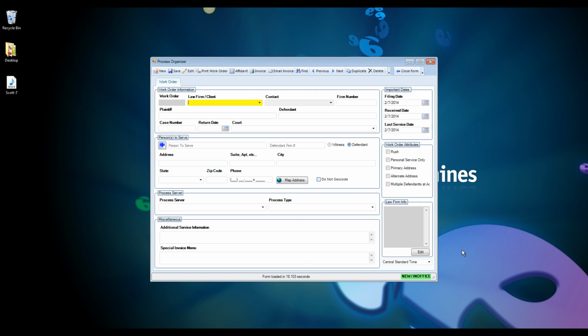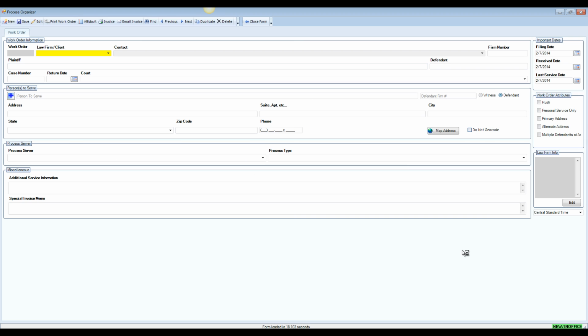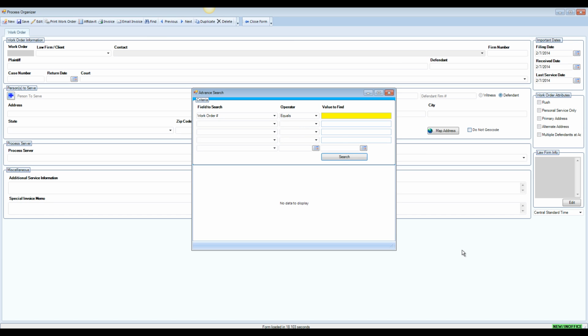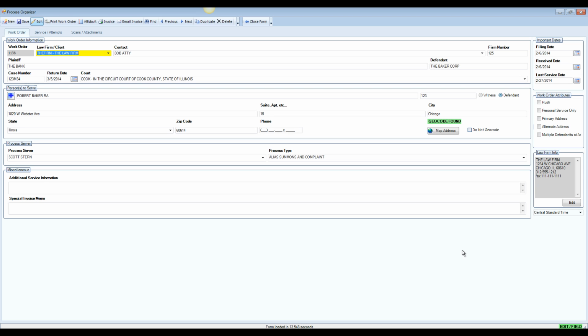Once it is opened, you'll have the ability then to click New Record. For the purposes of this video, we're going to find a record, and it will be 1138. All right, from here, normally we would go to New, but for this purpose, we're going to look at a job that's already created. The first thing you're going to put in is the law firm,